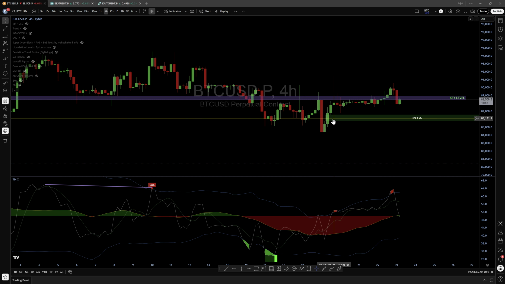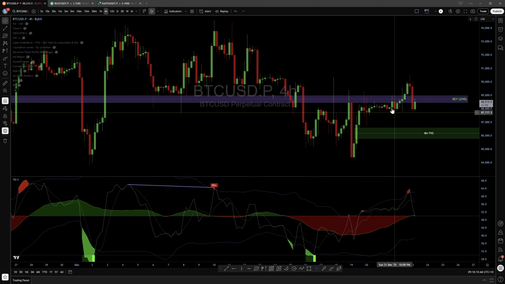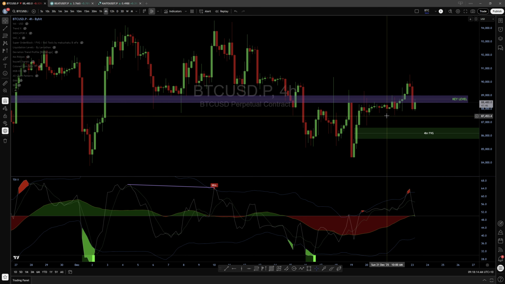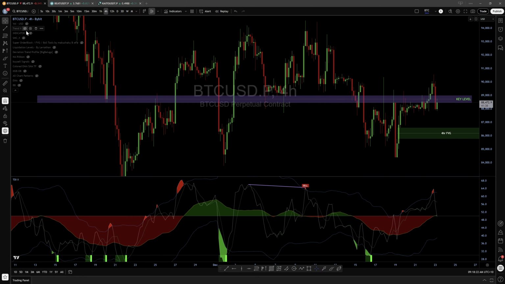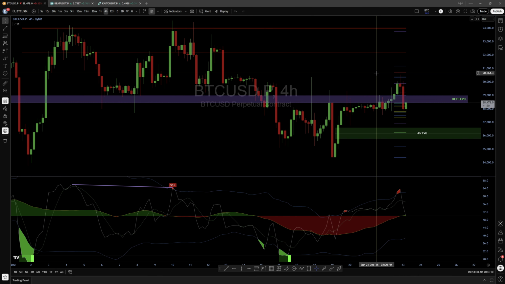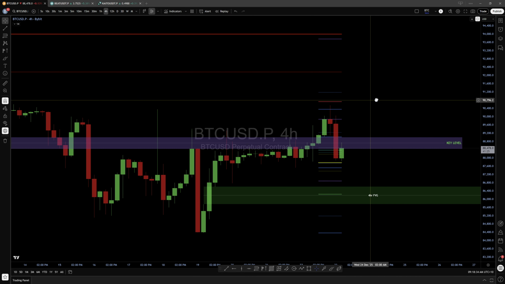So what I wanted to mention too: see how it consolidated under that area, but it did kind of fail to hold above. So it's not really confirming anything bullish yet. I'm leaning bullish because of the bull divs, but when you look at Trendex, it's in a zone